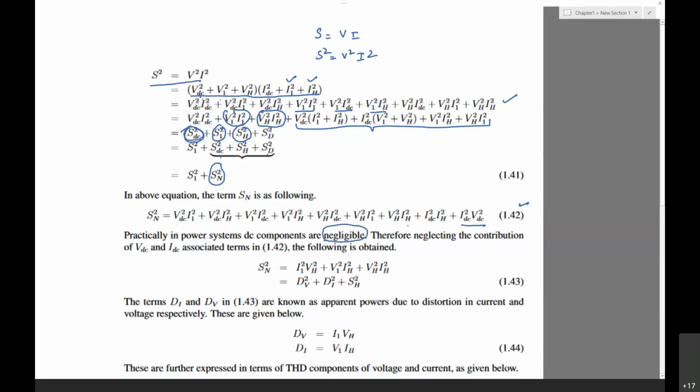Now, in order to figure out how the power factor depends on the real power, harmonic voltage and current, in order to differentiate that, we have taken